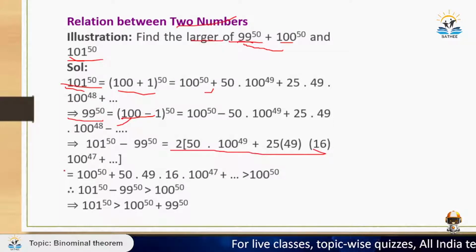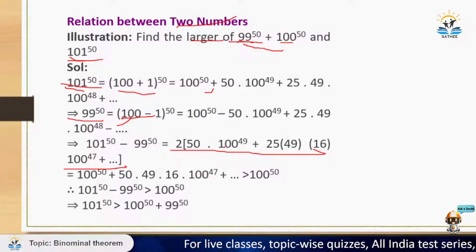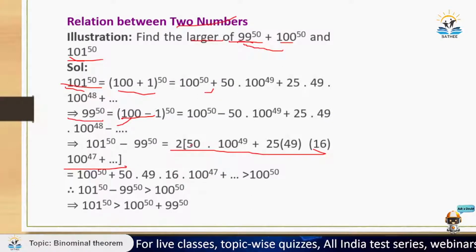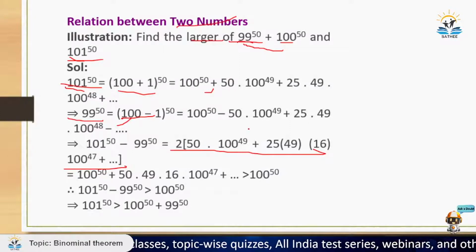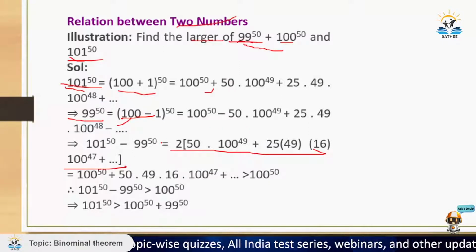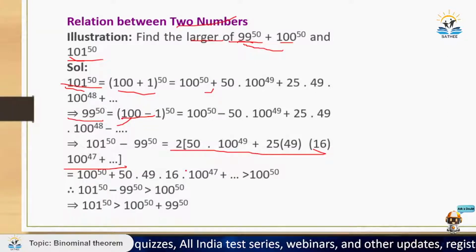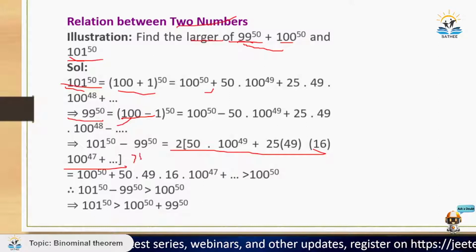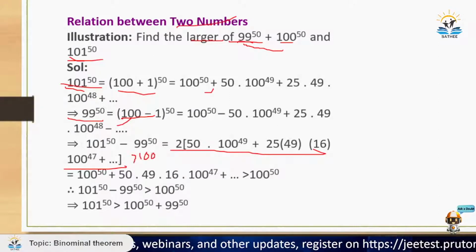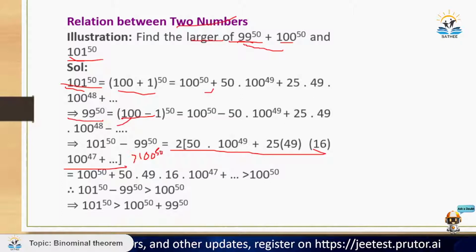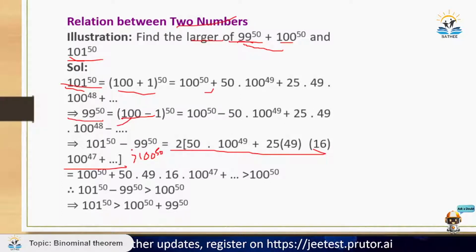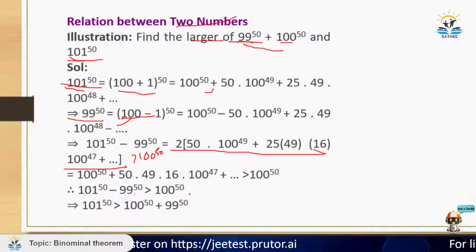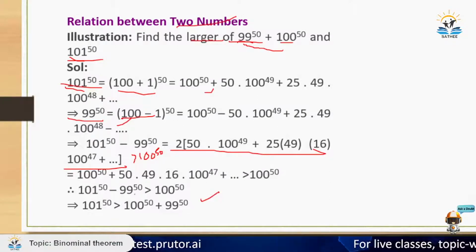When I will subtract this thing, I will get something like this. ओके, अब यहाँ पे मैं देख सकता हूँ कि 2 into 50 is what, 2 into 50 is 100, 100 into 100 power 49 which is 100 power 50। सो बेसिकली मेरे को क्या मिल रहा है, जब मैं इसको सब्ट्रैक्ट करूंगा, I am getting 100 power 50 plus something, that is this whole thing is greater than 100 power 50। क्योंकि 100 पावर 50 तो मेरे को पहले टर्म्स से मिल गया ना, तो मेरे को बाकी टर्म्स भी दिए हुए हैं। तो बेसिकली this thing is greater than 100 power 50। तो मैं 99 पावर 50 को इधर ले जाऊंगा, so I will get 101 power 50 is greater than 100 power 50 plus 99 power 50। सिंपल।